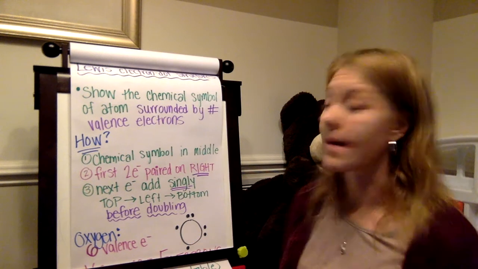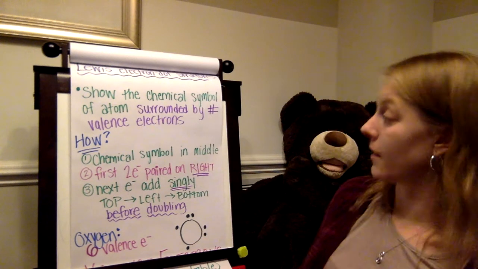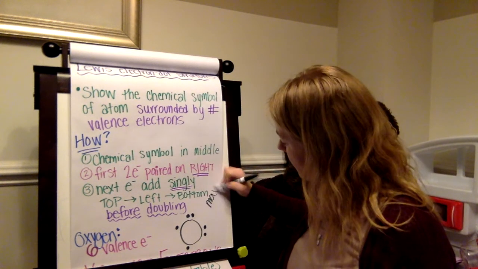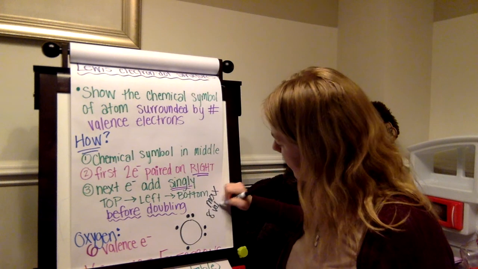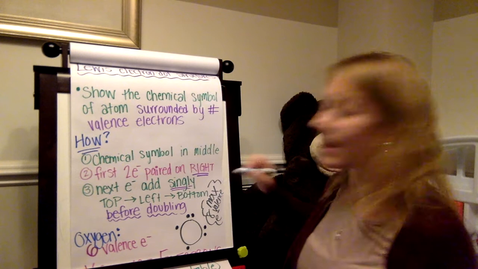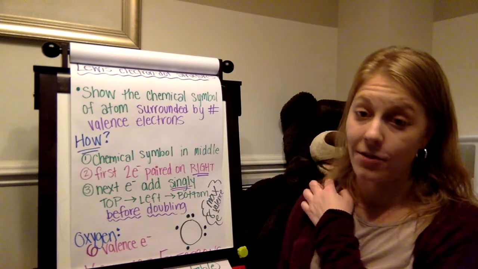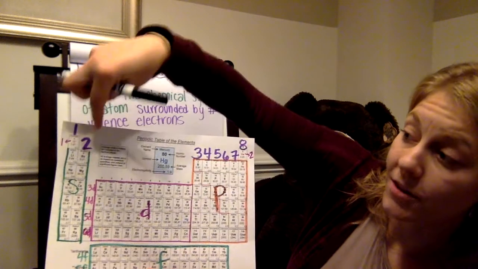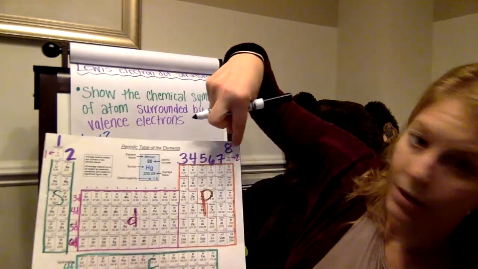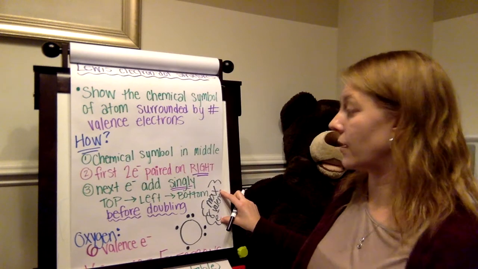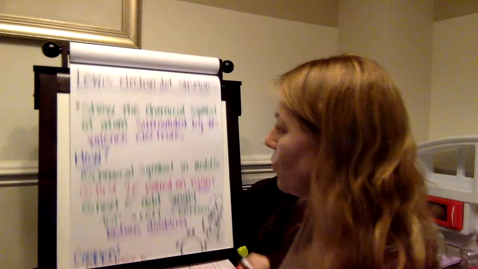We can hold a max of 8 valence electrons. So I'm going to put here max 8 valence electrons, right? So you should never have more than 8 valence electrons drawn. If we're looking at our periodic table, our columns show the number of valence electrons. We don't go any higher than 8, all right? So we can't show more than 8 valence electrons, all right? I'm going to do one more,